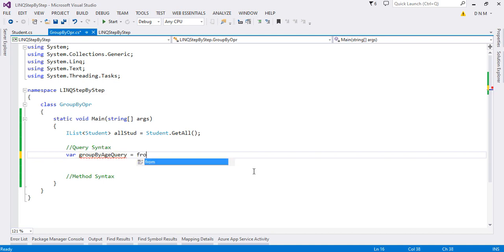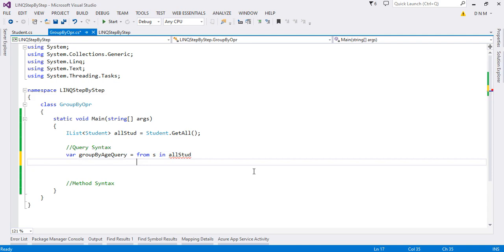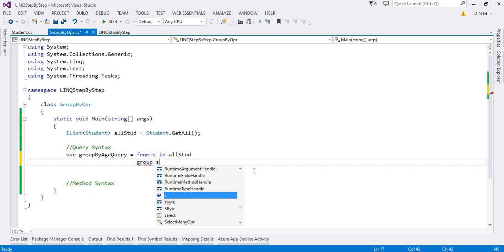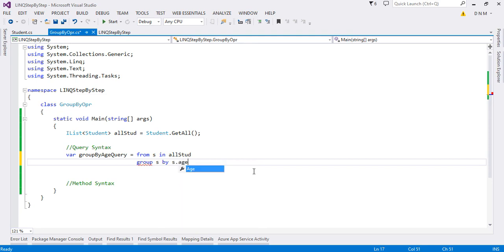So here from s in allStudents, this is our main collection, right? And then after here you have to specify the group by operator. group s by s.Age.